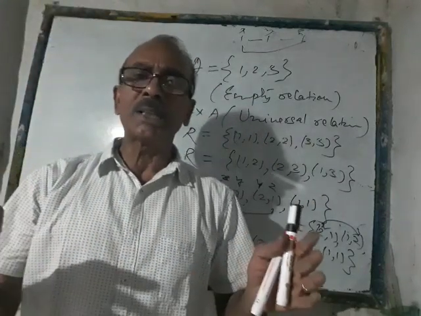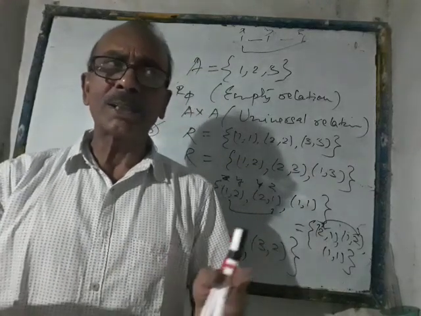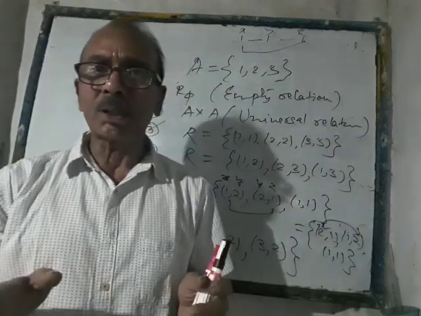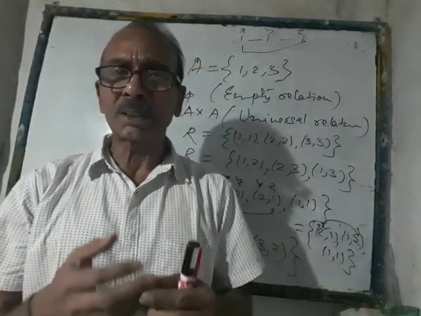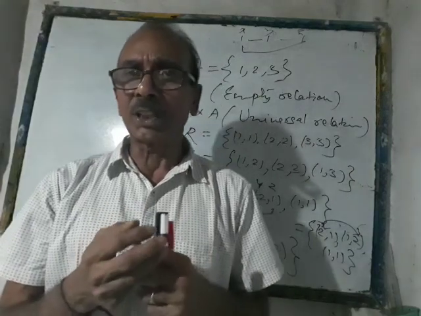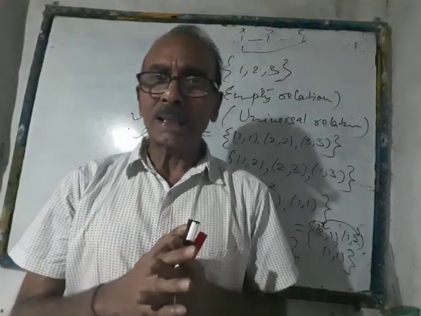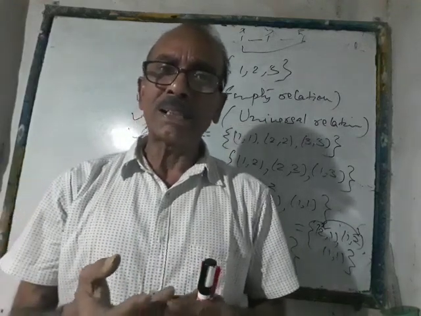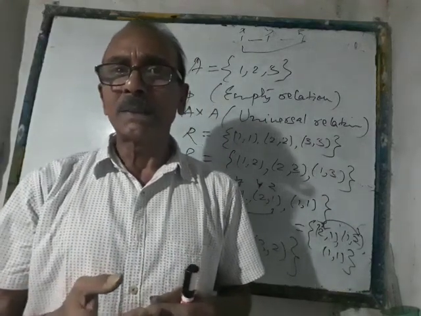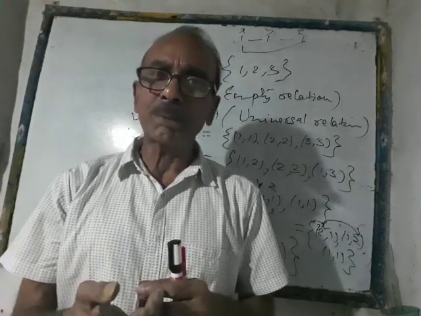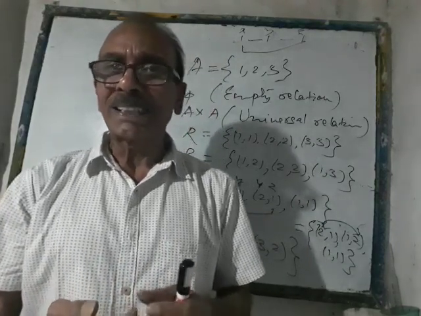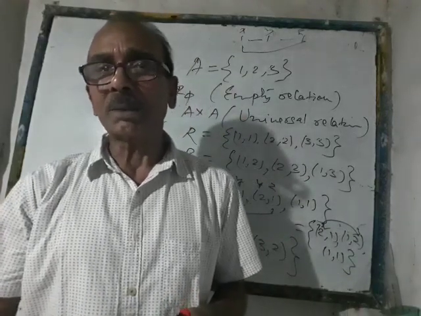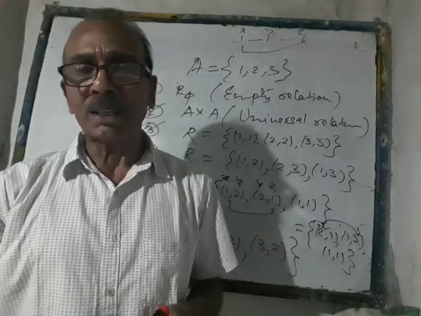Suppose in the set of human beings staying in a family, or at a certain locality, we talk about a few relations between human beings. Just suppose I take "is a teacher of". If I am a teacher and you are my student, I am A and you are B, the relation between A and B is "is a teacher of". So if A is a teacher of B and B is a teacher of C, would A be a teacher of C? Is it necessary? I don't think so. It may or may not be. So this cannot be a transitive relation.